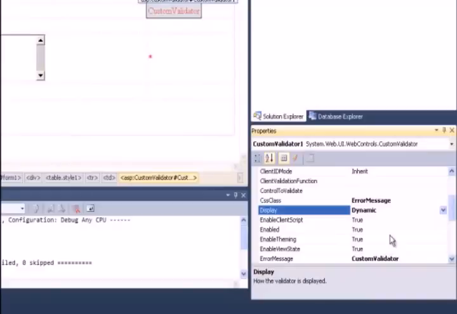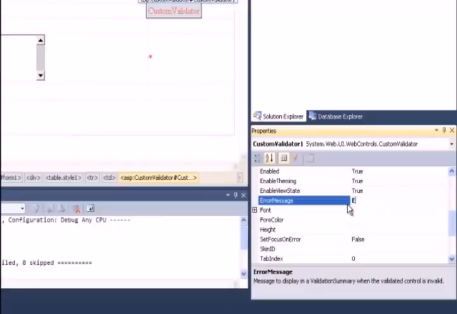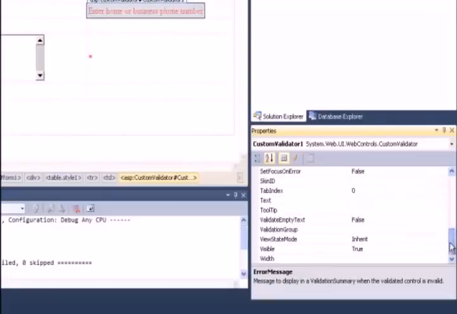Let's make the error message read enter home or business phone number. The text would read an asterisk to show that this is a field that needs validation,